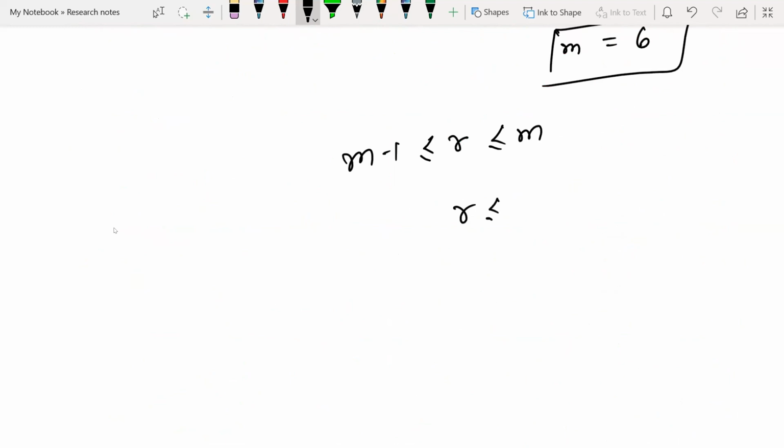So 6 minus 1, that is 5. r is lying in between 5 and 6, and the largest value of r from here is,